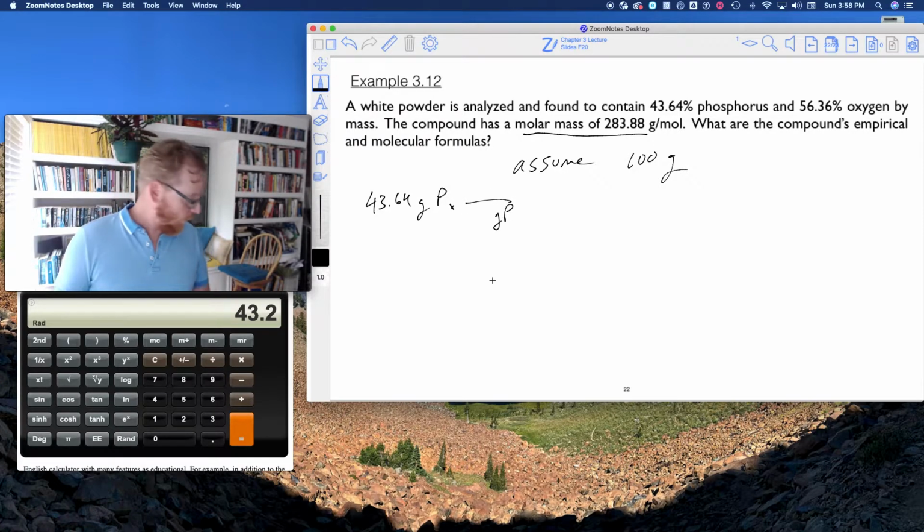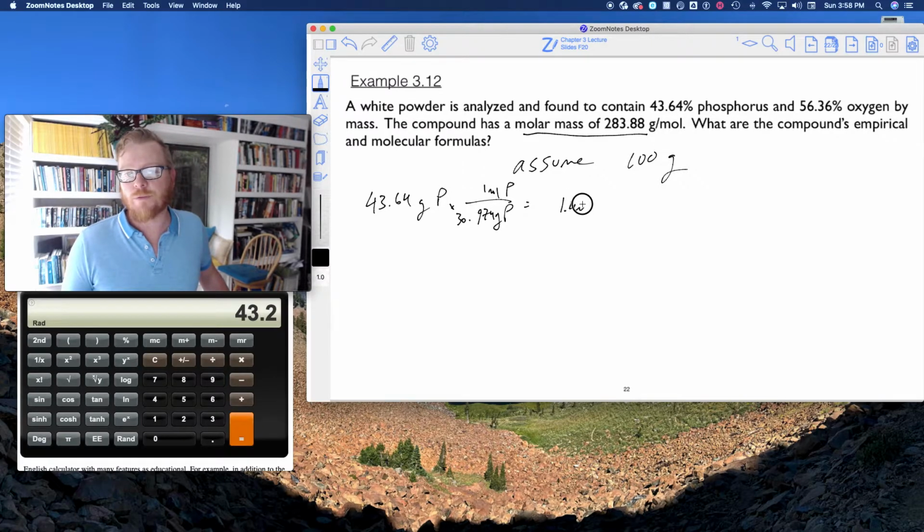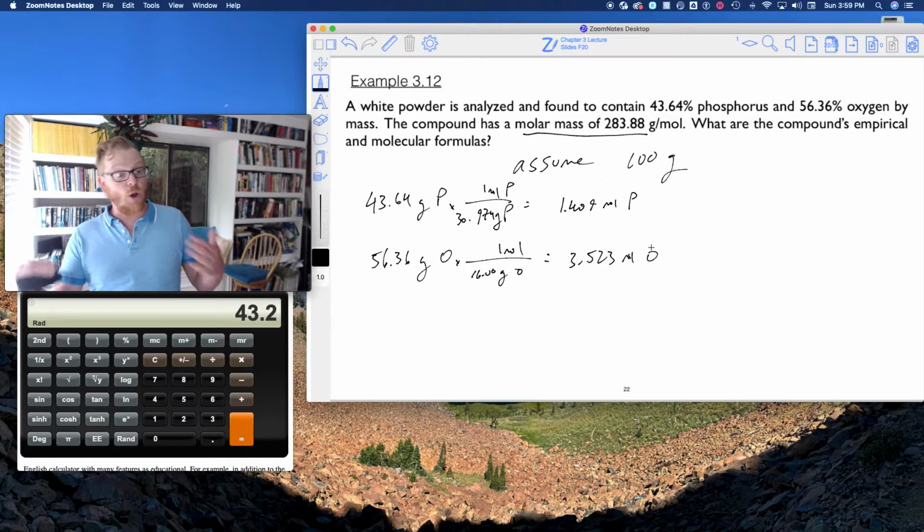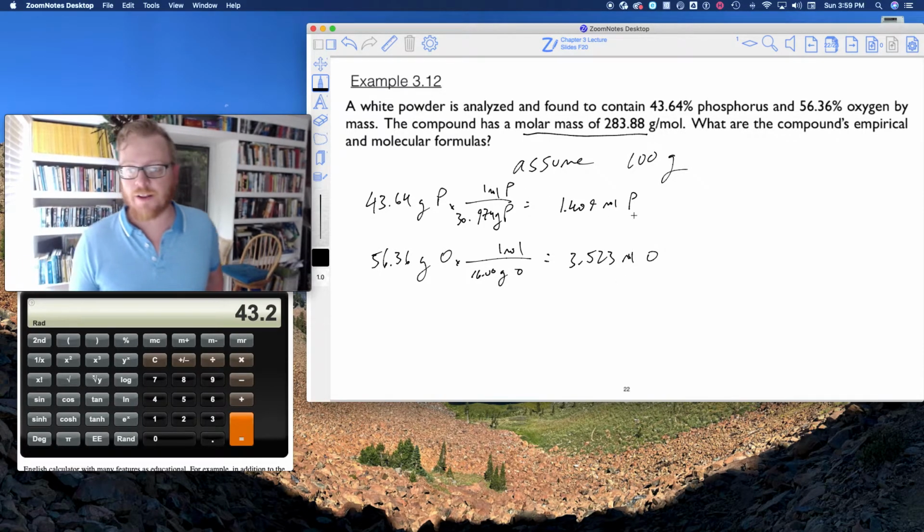And I want to convert that into moles. The molar mass is 30.974 grams of phosphorus in 1 mole of phosphorus. And when I do that calculation, I get 1.409 moles of phosphorus. And oxygen, that's 56.36 grams of oxygen. And I know in oxygen, there's 16.00 grams of oxygen in 1 mole of oxygen. And when I do that, I get 3.523 moles of oxygen. And so I have to find the least common denominator out of this, which I do